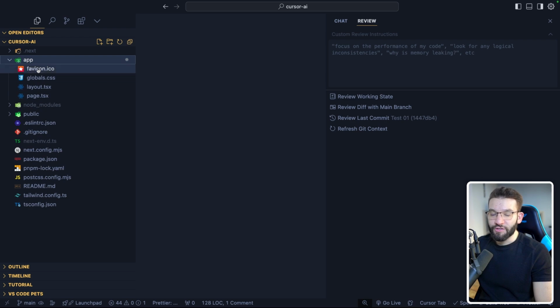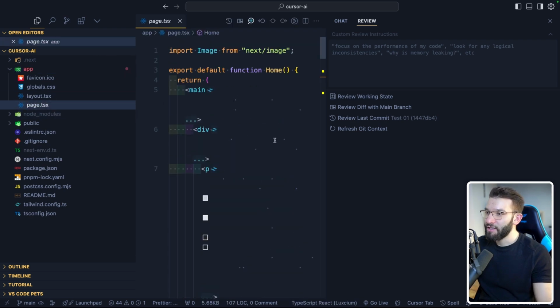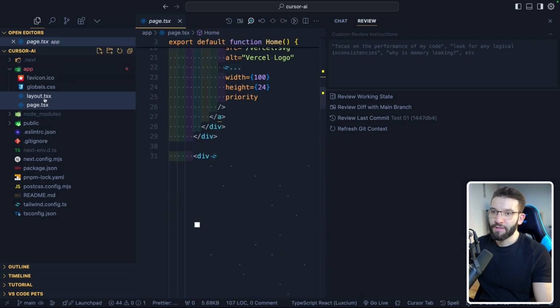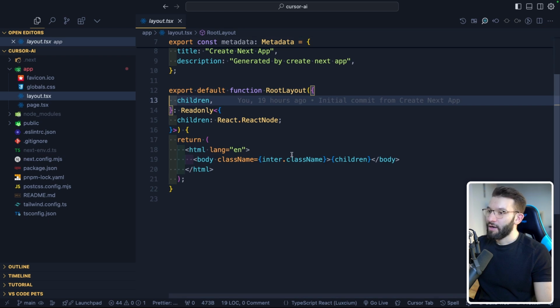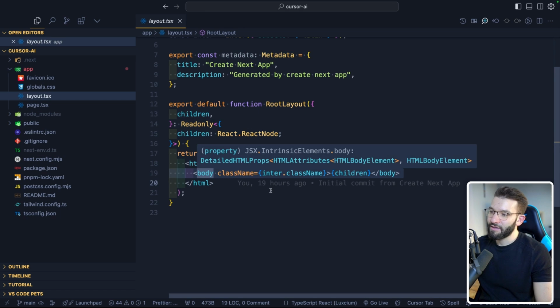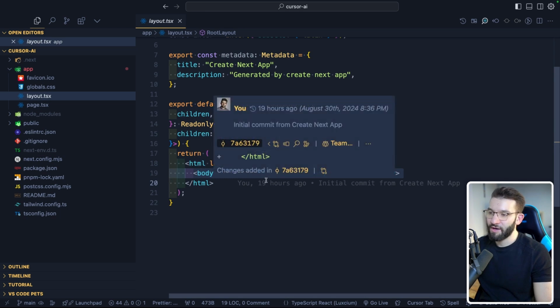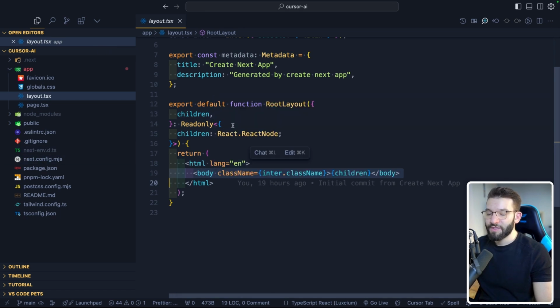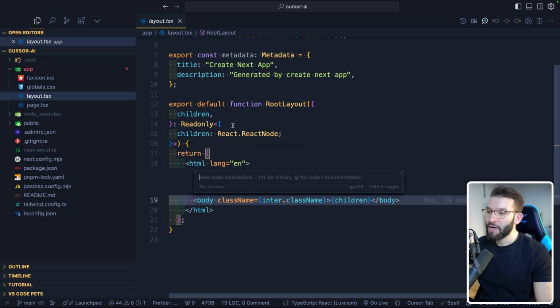There's the other feature, which is inline edits, which I need to have something open up in here in order to be able to tell what it is. So if you have a file in here, let's say you just select this line of code and you want to instruct it to, I don't know, add a different class name or add a Tailwind CSS style to this body. So you can use Command Q, and it's going to do this inline new code instruction that's only going to change and update the highlighted selected line of code,